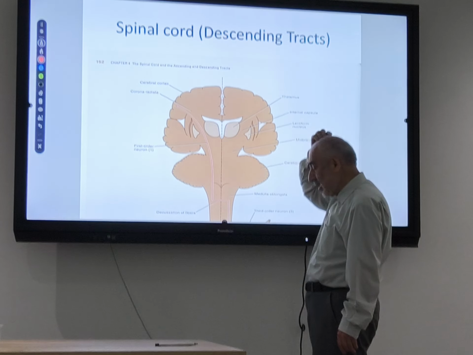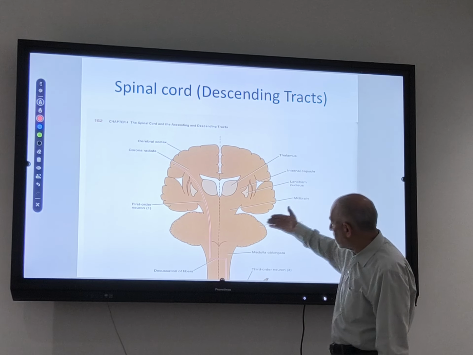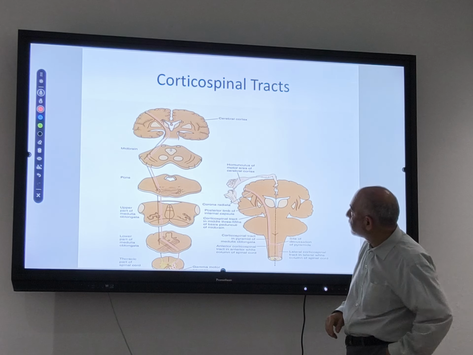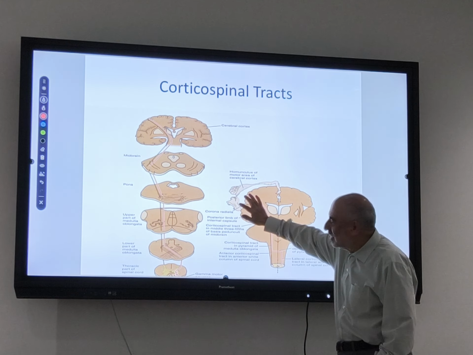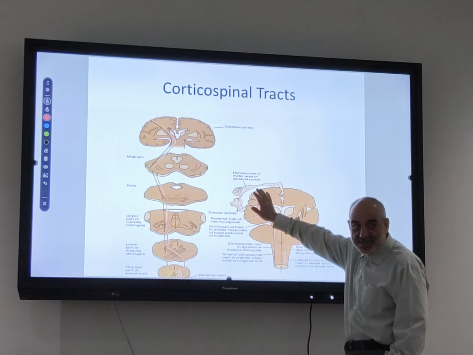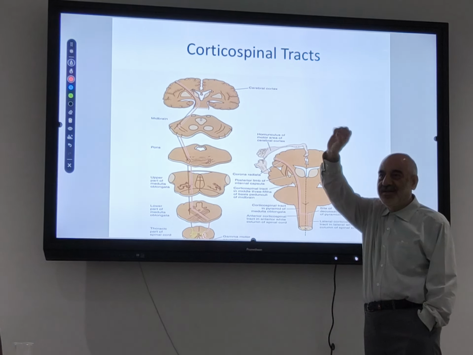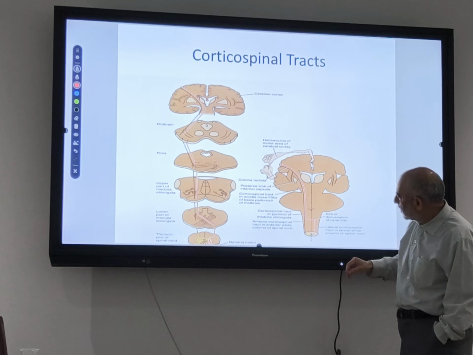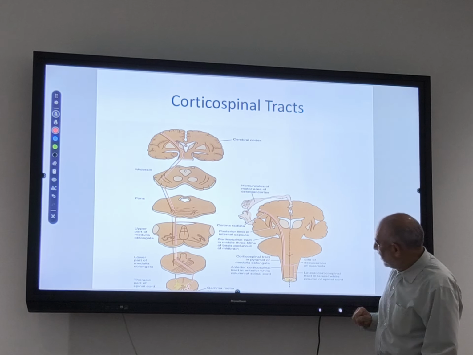Maybe I will show you the second order neuron and third order neuron, because this slide is not complete. And this is the corticospinal neuron. As you see, what is this? Homunculus. A lot of cortical space is occupied with the face and the hands. Very important, because the homunculus represents the motor areas of the cerebral cortex. Look at here. It sends the information and crosses